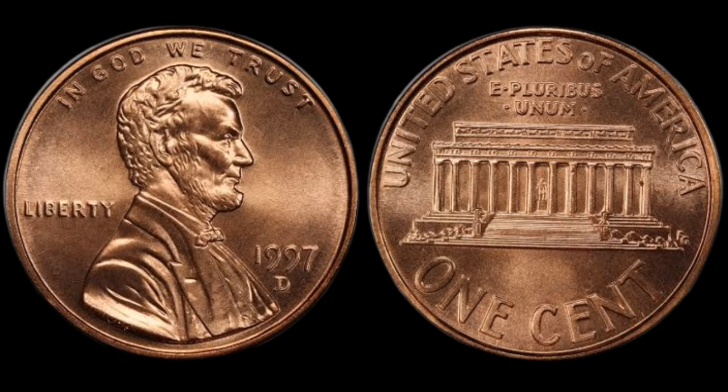sale triggered a massive surge in interest for 1990s-era Lincoln cents, with collectors everywhere re-examining their coins for even minor doubling or alignment issues, especially those from the Denver Mint, and banks, coin dealers, and online sellers reported record demand for unsearched rolls of pennies from the late 90s, particularly 1997 cents, with people hoping to find even a fraction of the unique qualities that made this coin such an incredible success, and while many error coins have value, none